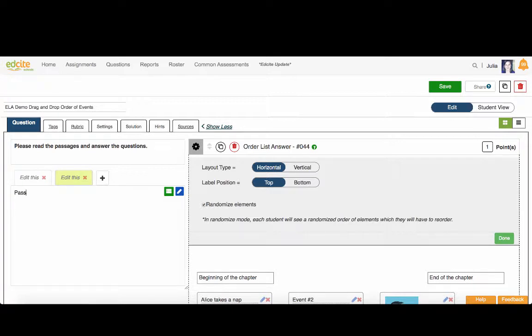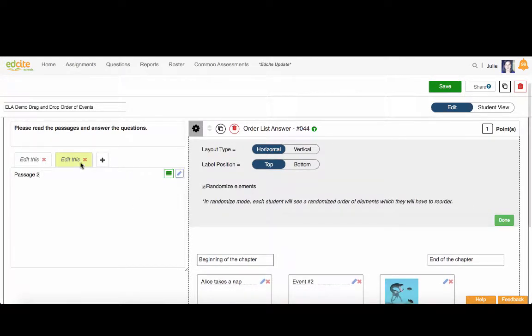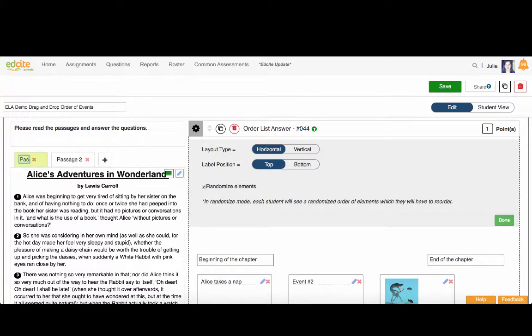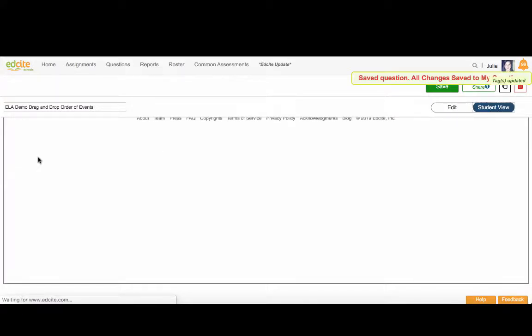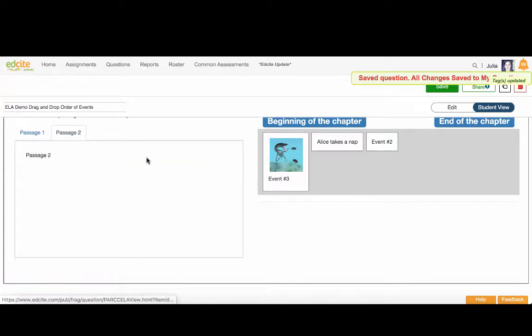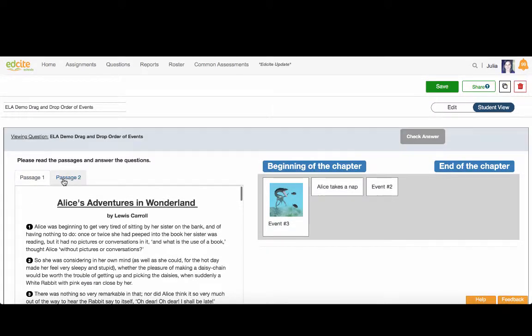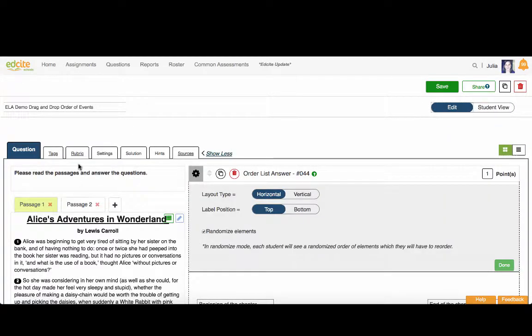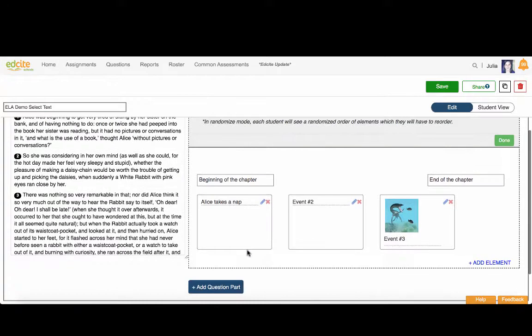So I might say passage 2 is in here, and I might call this passage 2. So up here I'm naming each of my tabs. Passage 1. And so for the student view there, they're seeing Passage 1, Passage 2, which is in line with how a lot of assessment companies for the state tests format those passages. So again, I could change my question to be a select text item, go down here to